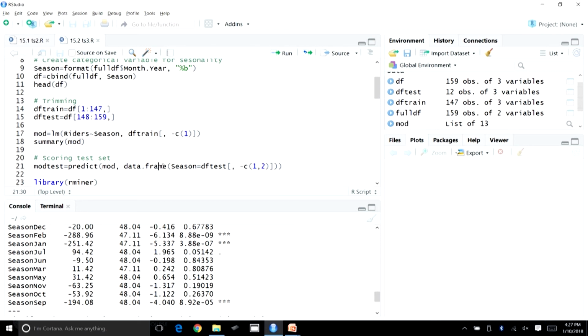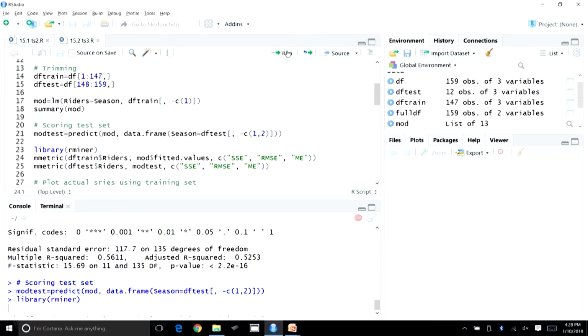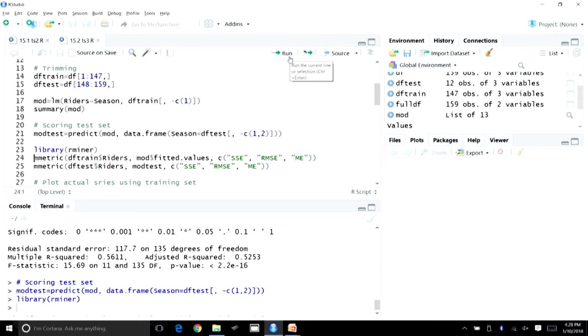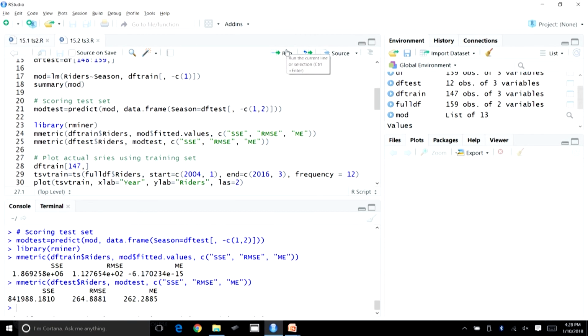Now let us score the test data set. What we will do is compute the metrics for these two sets. Let us have a look at the numbers. Let us compute for the test set also.